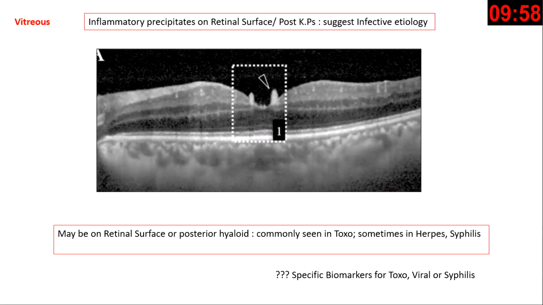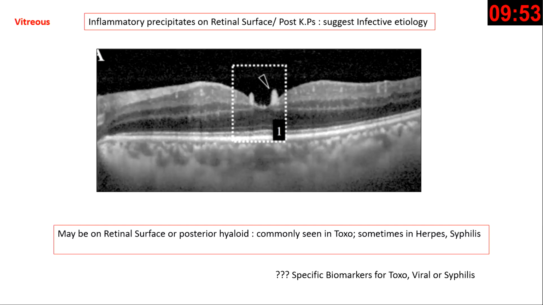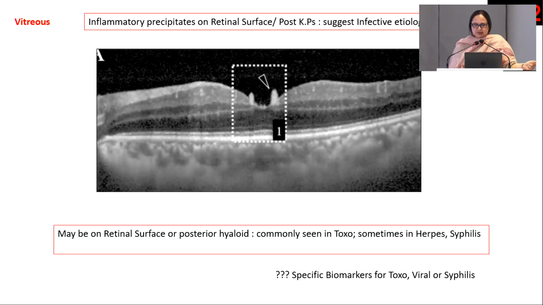The topic that I shall be talking about is what imaging biomarkers could give you a clue that, having done imaging, what you are dealing with could possibly be an infective pathology. So let's start with the vitreous. As this arrowhead indicates, you could have inflammatory precipitates sitting on the surface of the retina. So if you have these deposits,